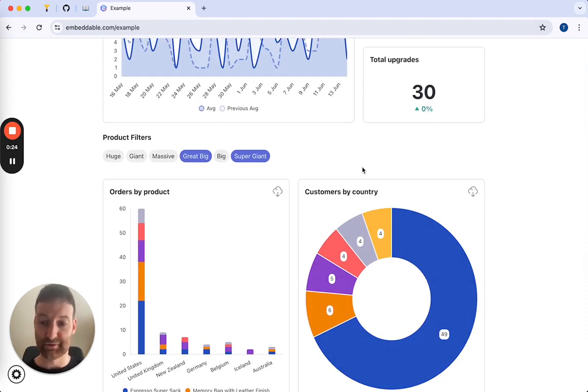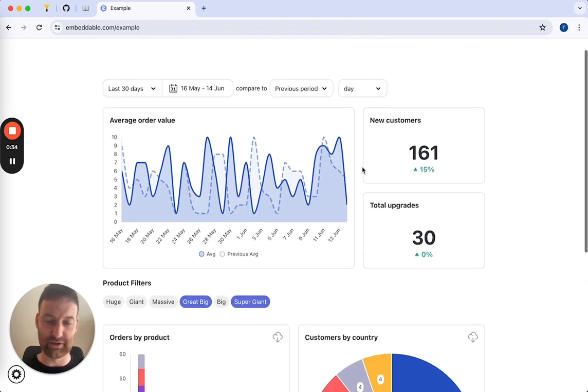basically React.js components, which means that you can use any charting library, any component library. You can use your existing buttons from your own platform, which means the end result looks and feels like your own platform. And so yeah, we'll dig into that today and show you how easy it is to do